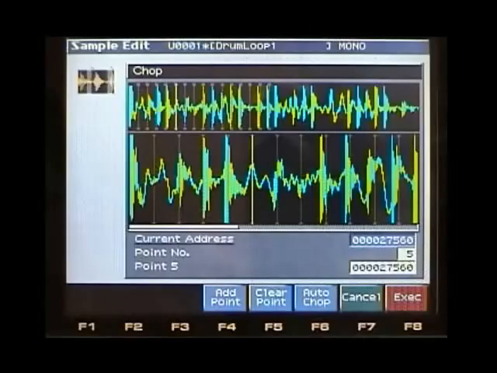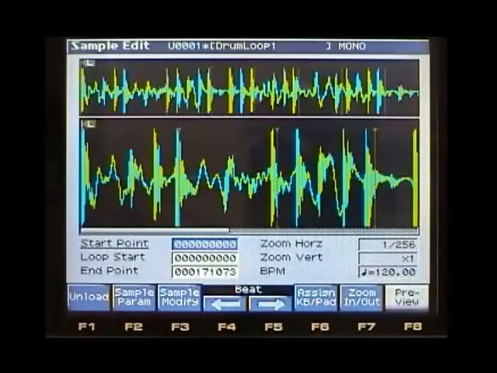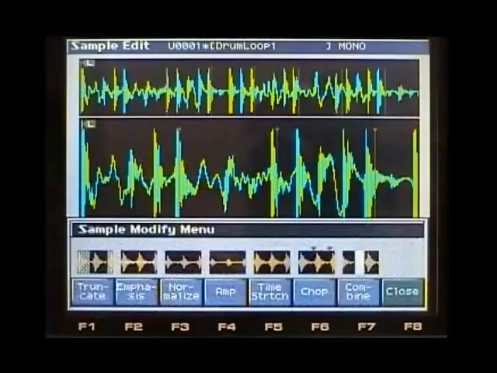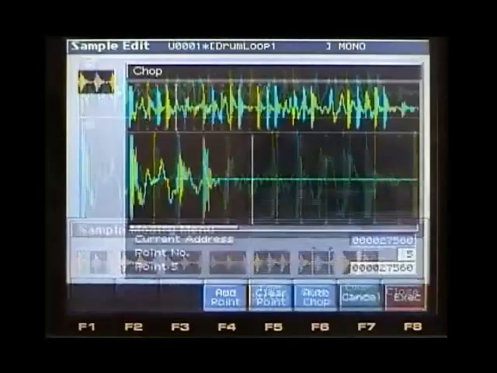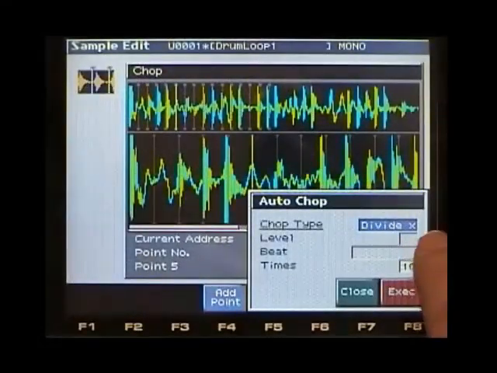Sometimes the beat will have a little bit of swing to it, so that's not as effective, so you might not use it that way. Let me go ahead and cancel back out of this. Let me show you another way. We're going to press the F3 button again to go to sample modify. This time we're going to go to chop, and this time instead of beat we're going to simply press divide